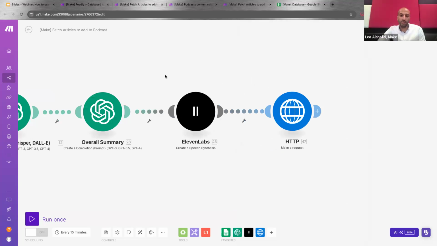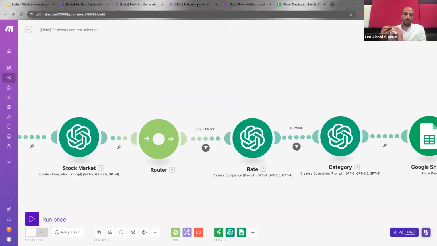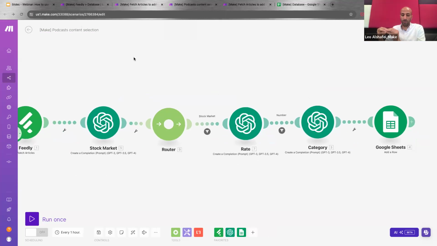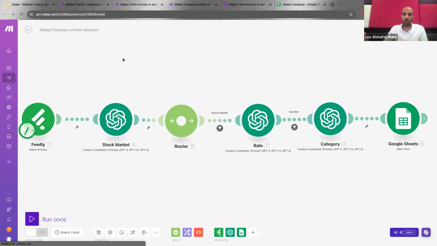Brilliant. And before moving to the questions, I have a question myself, which is about reviewing that content. In the previous scenario, for example, you were showing building this newsletter in MailChimp, but you still have the option either to send it right away, or you can just create the newsletter as a draft so someone can go and read, review and make any changes, right?